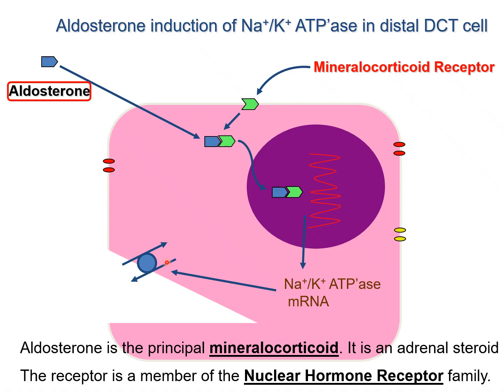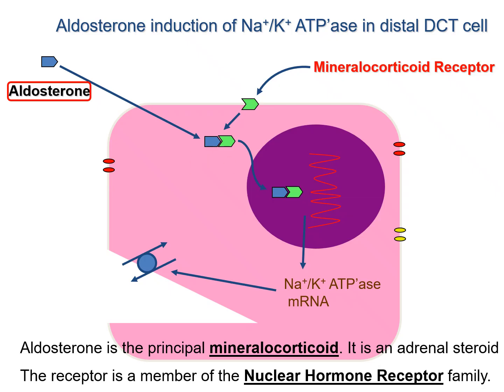And so this is a very important process, because aldosterone, which is a mineral corticoid hormone, binds to its receptor in the plasma, forming a complex that goes inside the nucleus, and binds to the genes there that are responsible for production of sodium potassium ATPase mRNA, enhancing the production of this mRNA, and so increasing the production of sodium potassium ATPase pumps. And so if we can block the binding of aldosterone to these receptors, we block this whole process.